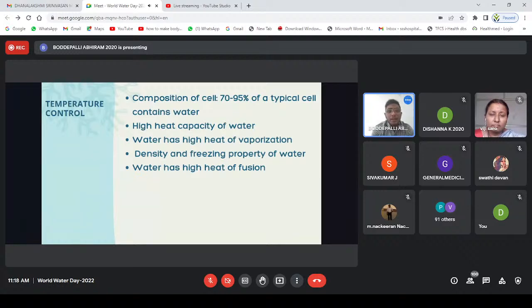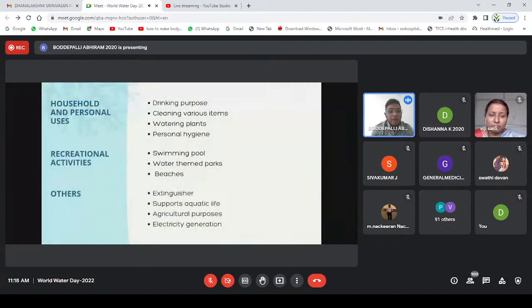So this, coupled with the high presence of water in the body, that is 70 to 95% of a typical cell containing water, these both properties together give the cell homeostasis. So apart from these biological roles, water also has other roles, that is drinking and watering plants, personal hygiene, and recreational activities like swimming pools, water theme parks and beaches, and extinguishers, supporting aquatic life, agricultural purposes, and electricity